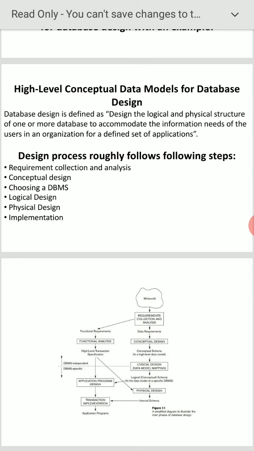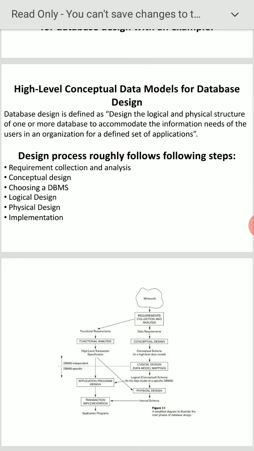It includes these activities. First one is the type of DBMS: relational, network, hierarchical, object oriented. There are different types. Relational database is there, network database is there, hierarchical database is there, object oriented database is there. Second one, user and programmer interface. You have to choose the user and programmer interface, how they can interface with the user and program.